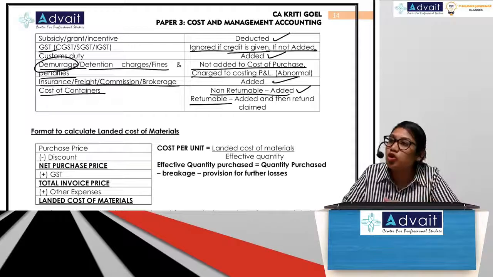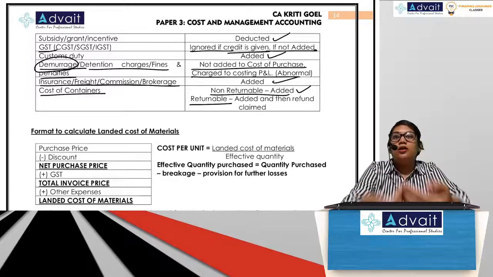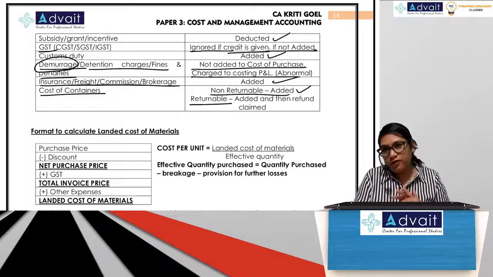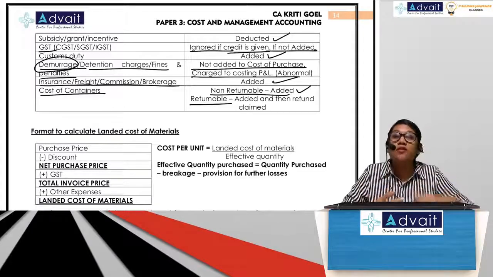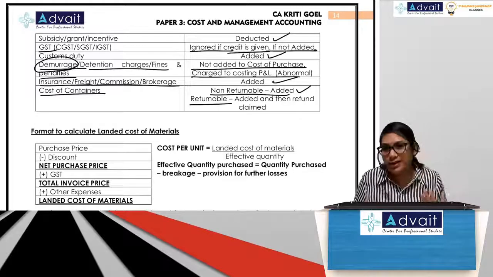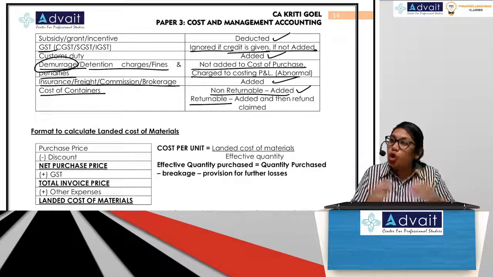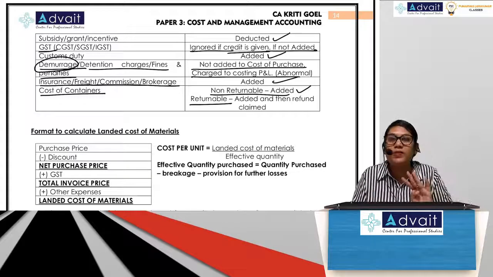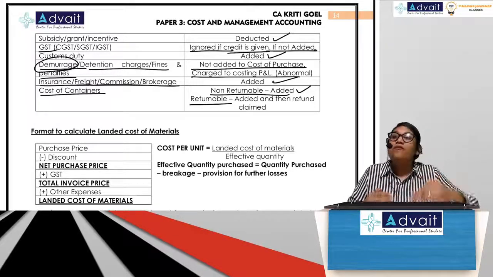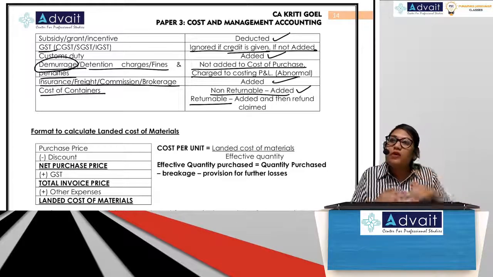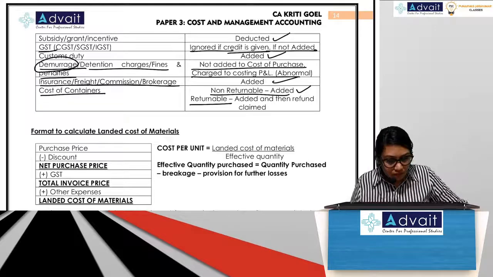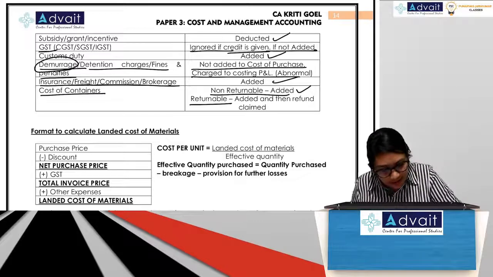In that case, what do you do? You add 10 rupees and then you minus 6 rupees when you get the refund. So for presentation's sake, we will add 10 and minus 6. Don't put 4 directly. Though the net effect is 4 rupees only, for presentation sake, always keep this in mind. We'll add 10 and then we will minus 6. Guys, is it okay? Everybody? So can you make a note of that here?